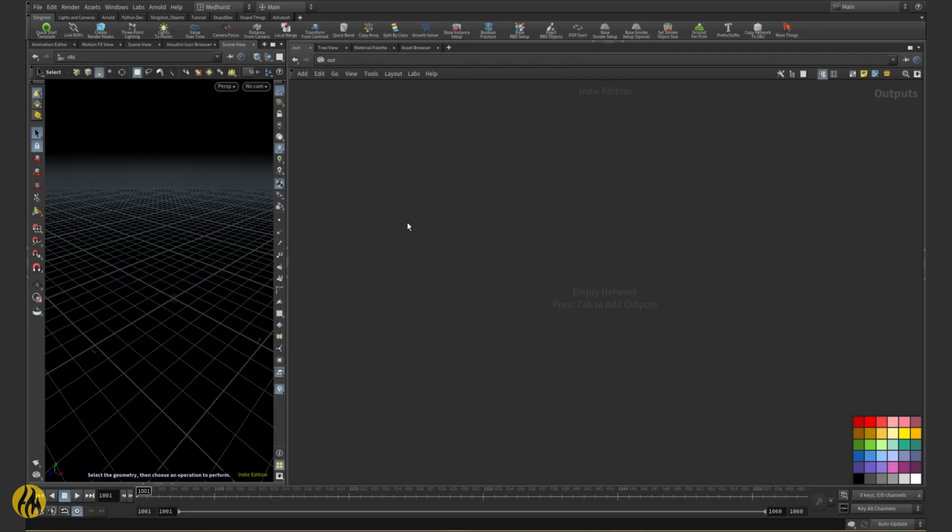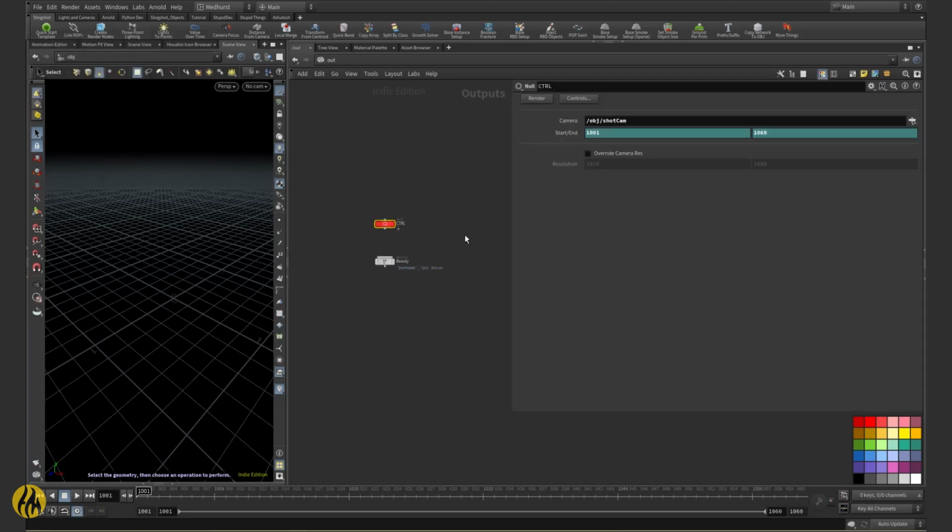One of the new tools in Slingshot 3.0 is Link ROPs. If I go ahead and click this and hit Create, I'll use Mantra as my render engine for now. This will create a control panel here. This allows me to link the start end frames, the render camera, and override the resolution for every ROP connected